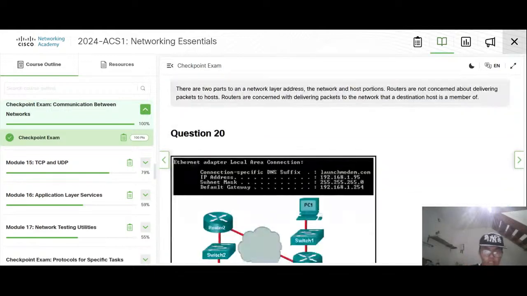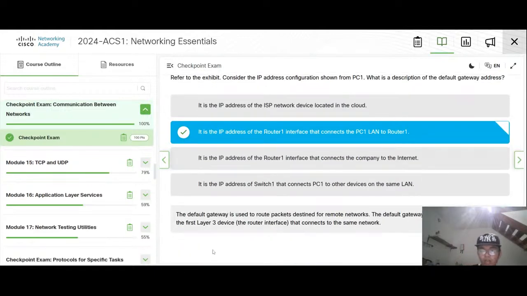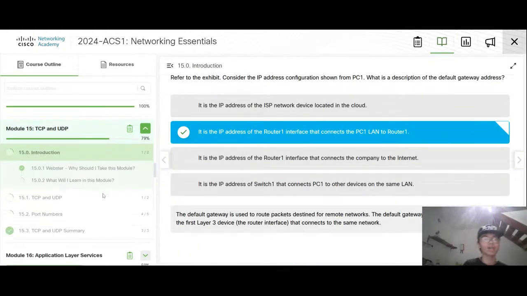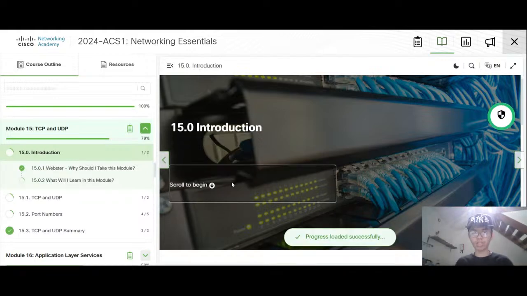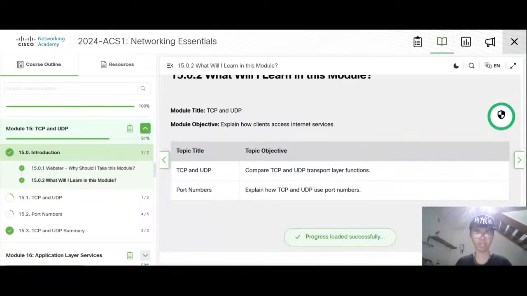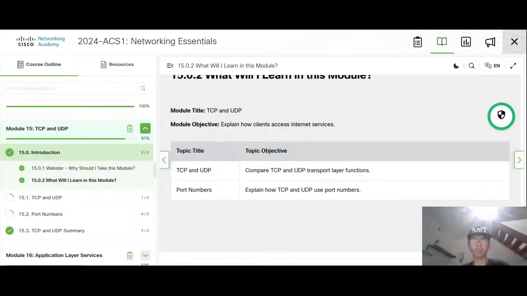Okay, I understand this network portion and this one, yeah. Okay, finally moving to TCP and UDP, which is absolutely from the transport layer.